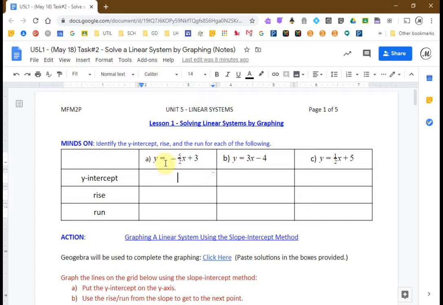Remember that the form is y equals mx plus b. The m is the slope, the b is the y-intercept. So the y-intercept here is 3, and that's the point where the line will cross the y-axis. The rise comes from the numerator or the top of the fraction, and the run comes from the denominator or